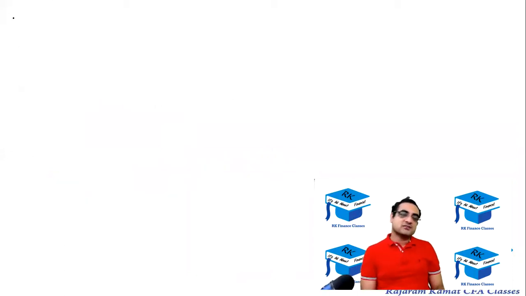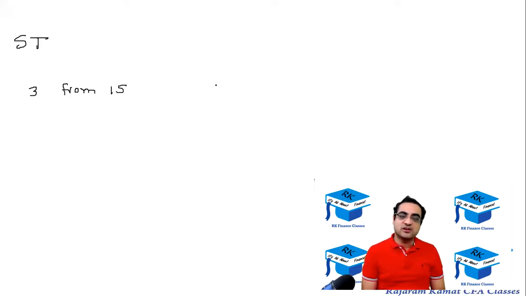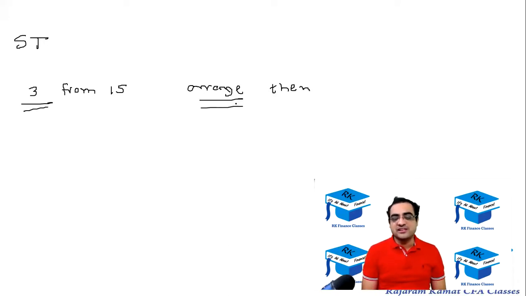Okay, and let's say you're a school teacher who is going to be completely doing your job sincerely. You're not going to assign it to the monitor. So I'm going to select 3 students from 15, and you yourself are going to arrange them. So not only are you going to select, but you're going to arrange also. So you have to use permutation over there. From 15, you have to select 3 as well as arrange them. So that's permutation. From 15, choose 3 and arrange them also.